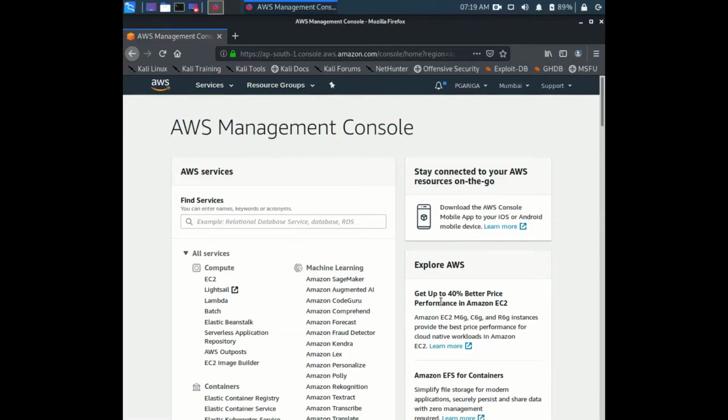Hey guys, in this session we are going to learn about IAM services. IAM stands for Identity Access Management. This is one of the services of AWS. What IAM does is create accounts for us. Once you have created your account, AWS will give you a root account. From that account you need to create another account. Guys, I'm telling you, due to security reasons, don't use your root account.